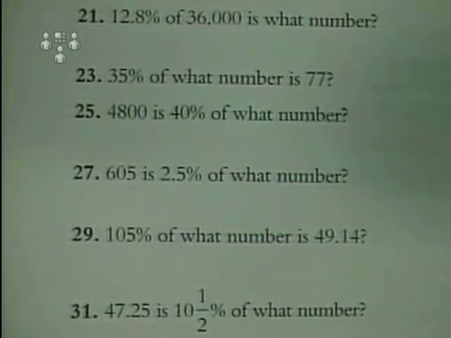So leaving that on the screen for a moment, let me write what we have. 605 is, then I have 2.5% of what number? And again, that's as a question, but as we go to the board now,